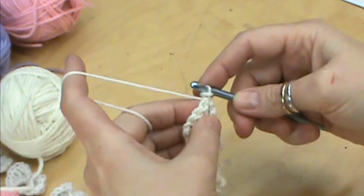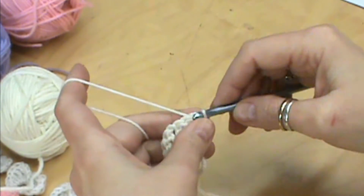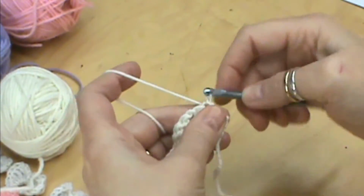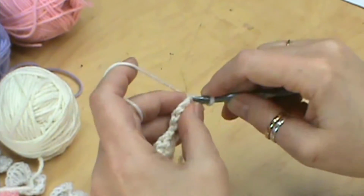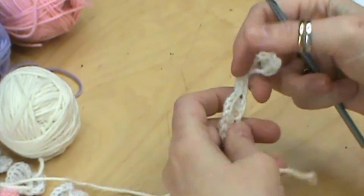I had tried chaining one there. If that's easier for you, then chain one there and then do the slip stitch when you flip it over. Do the second one, so we have 2 more that we need to do the slip stitch through. And another one there. Okay, so I'm going to pull this out more and leave that because I'm going to work